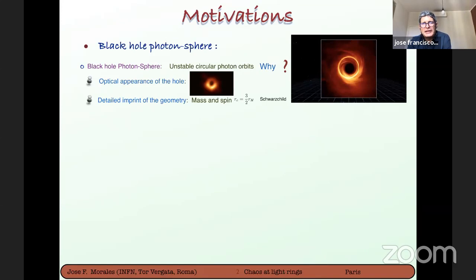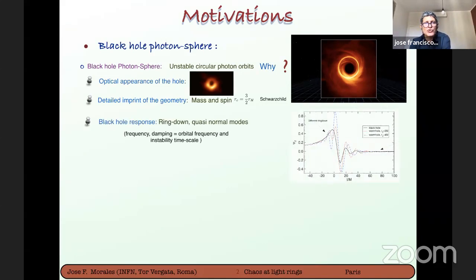Another important feature is that the shape and the size of this light ring depend very much on the characteristics of the gravity solution. For example, you can use the light ring to compute the mass and the spin of the black hole. For a Schwarzschild black hole, the light ring is simply a perfect sphere of radius 1.5 times the radius of the horizon, but then you can get more detailed information from the ring for more general solutions.